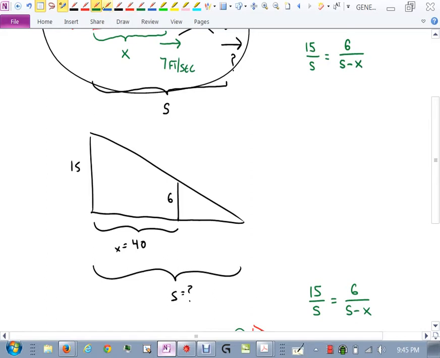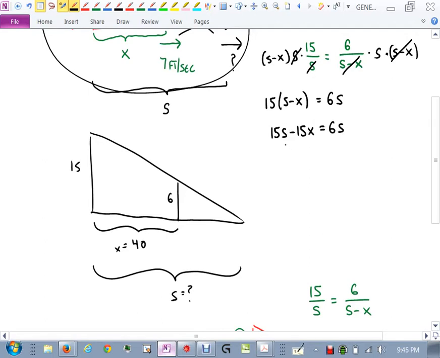So I'm going to multiply both sides by S, that'll get this to cancel, and then multiply both sides by S minus X. We're basically cross-multiplying. Now what I'm left with is 15 times S minus X equals 6S. So 15S minus 15X equals 6S. And if I subtract 6S from both sides, I get 9S